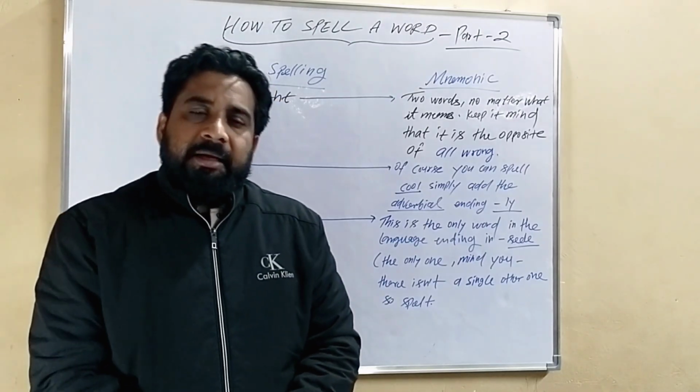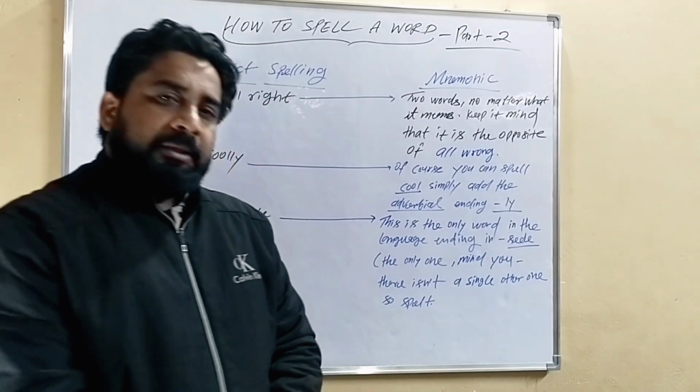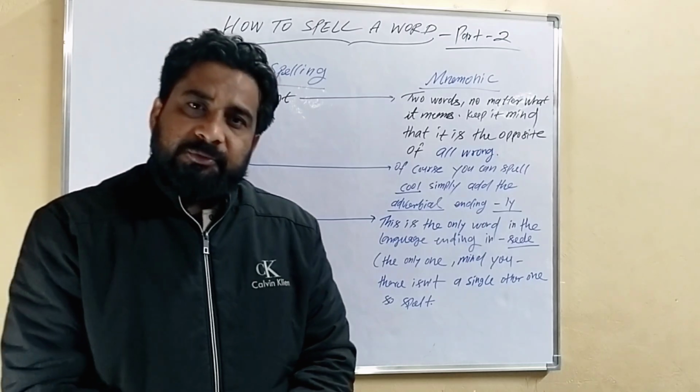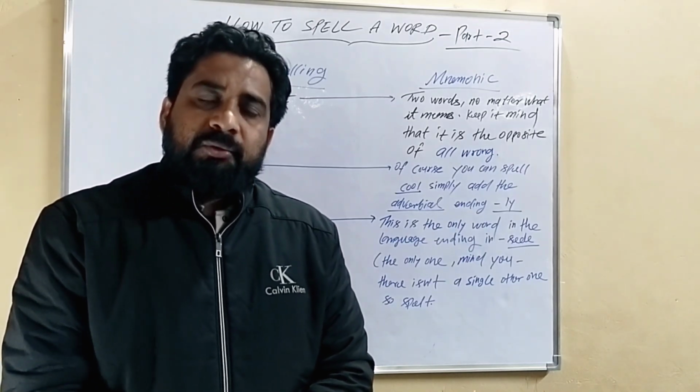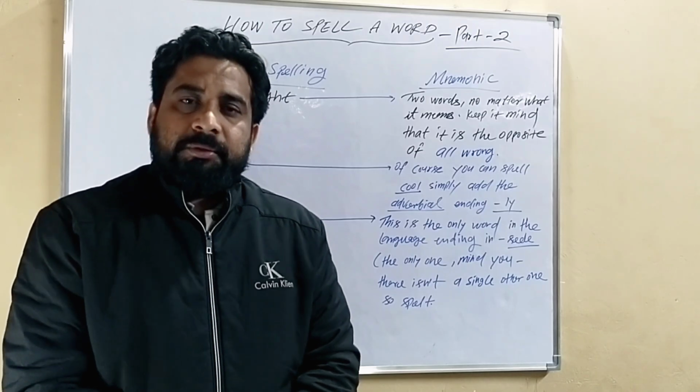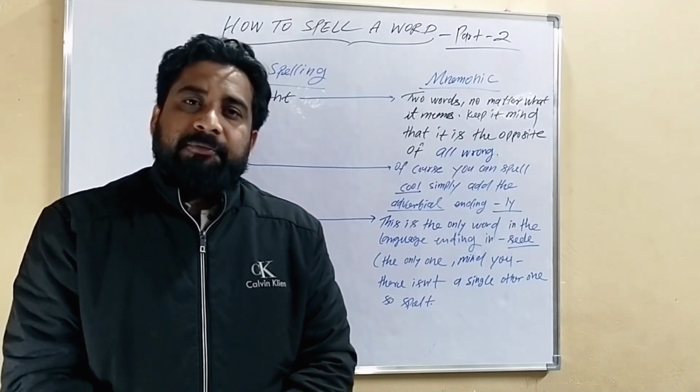Mnemonic means a technique to improve your memory. So we have a list of words here to discuss with you all. How can we find out the actual spelling of a particular word? Think about different types of affixes,